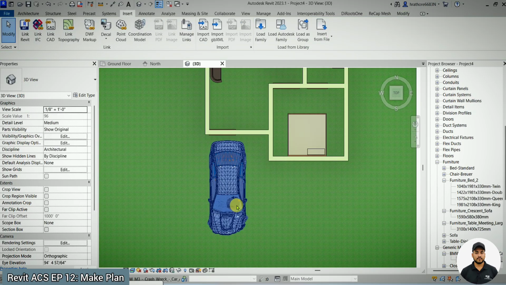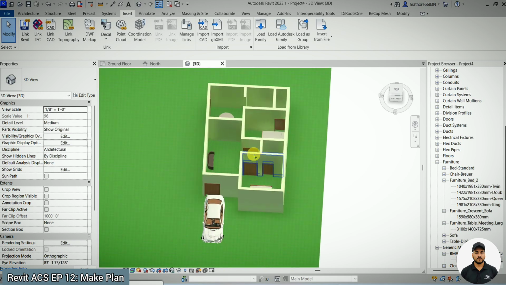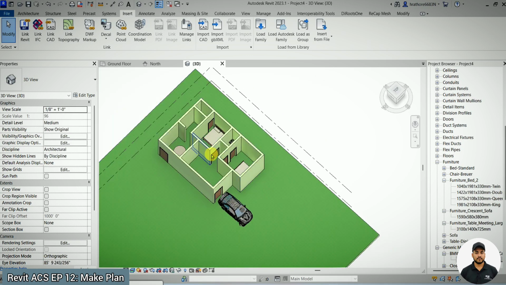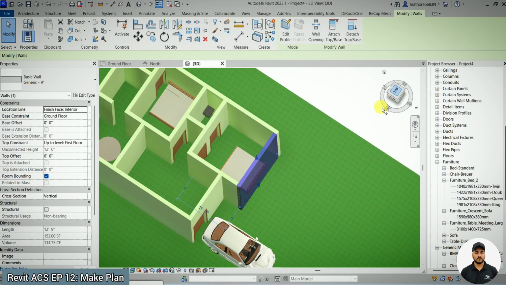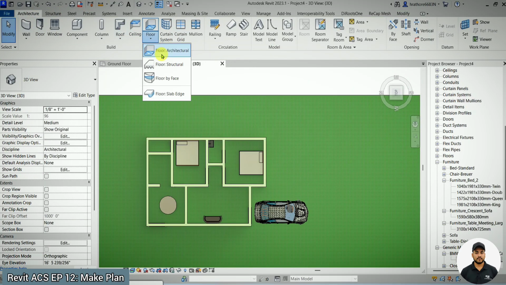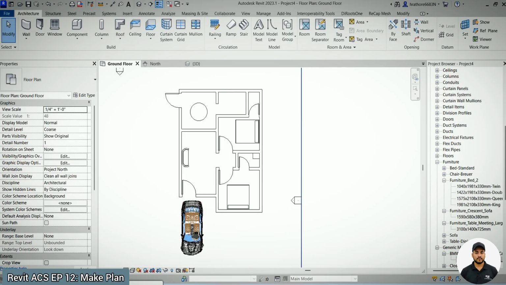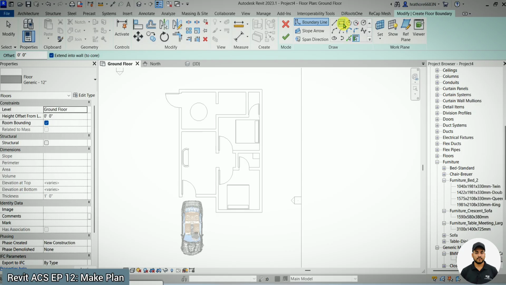So this is how you can create such kinds of plans with all the accessories, whatever you need as per your requirement. You can also create a floor below this house. Go to Architecture, then floors, which we have already discussed. Go to floor, click on the architectural floor, and select the rectangle if you want to create it using a rectangle. For example, till here we are creating the floor. Okay,